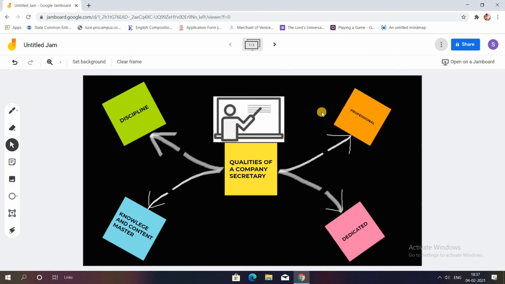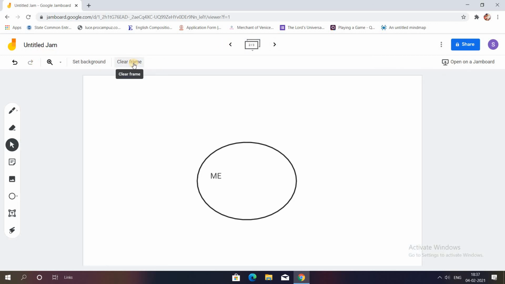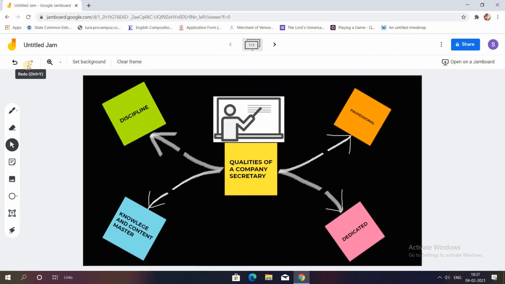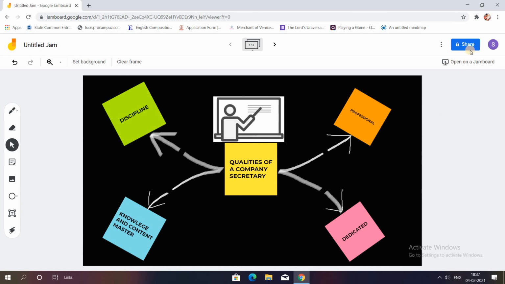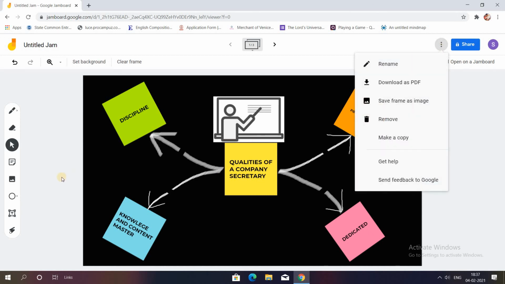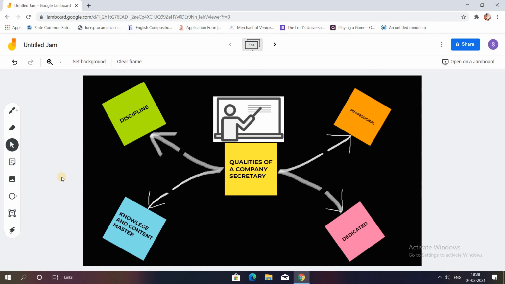So that's all about Jamboard, I can say. If you want to clear the frame, you have the clear frame option, which I don't want to do right now. For example, the second frame, if I want to clear the frame, I'll just clear it. Everything goes off. You have the undo and the redo option as well, and you have the zoom in option. Like you have this zoom in and zoom out option, and that's it. Whatever I have downloaded, these images, you can find them in your downloaded folder of your computer or laptop, so it's easily accessible also. So hope you all enjoyed and understood what I taught you about Jamboard today.